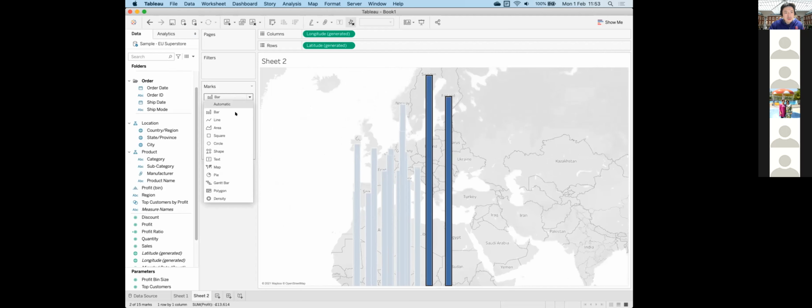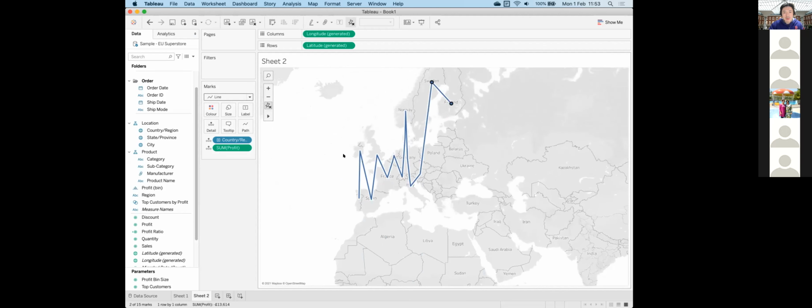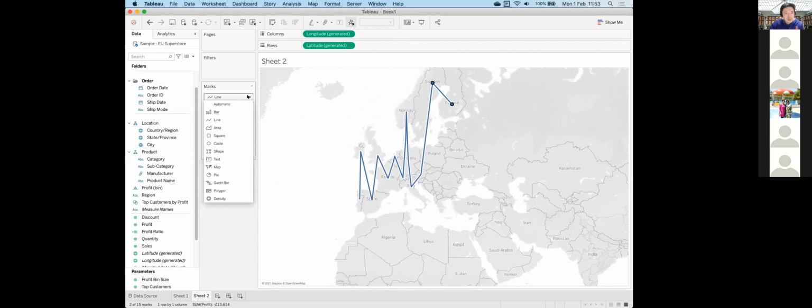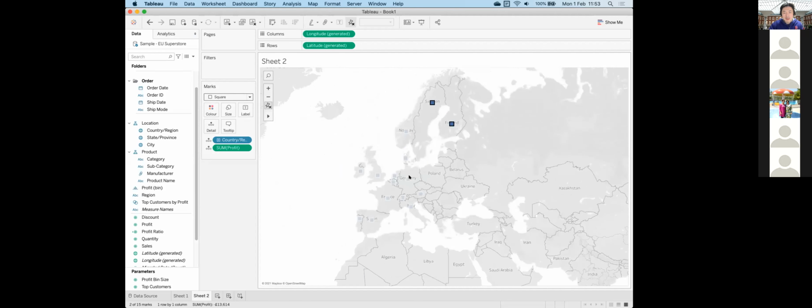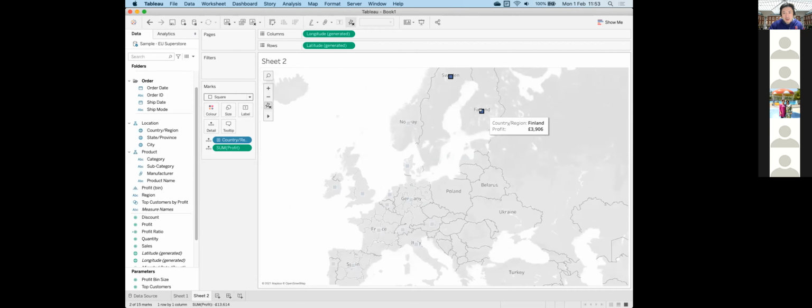And you can change this to line. In this case, it tried to connect all these points together. Again, not necessarily the best thing we want to do. Okay, but maybe this will be okay. In this example, it used square instead of circles, if you can see. The circle is the default one, which is what we had before, and you can have different shapes or even